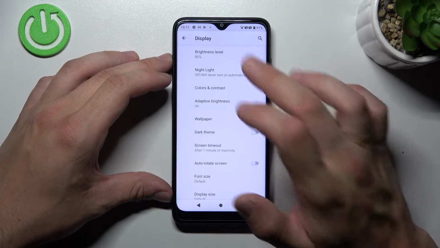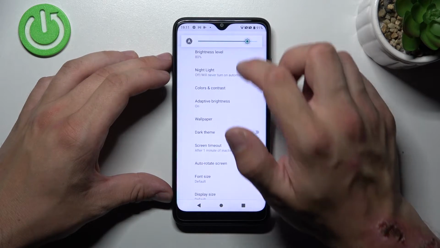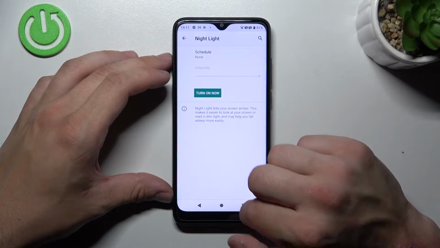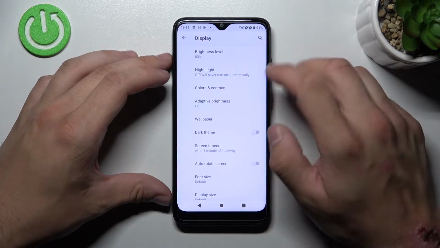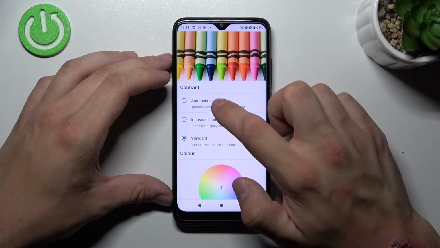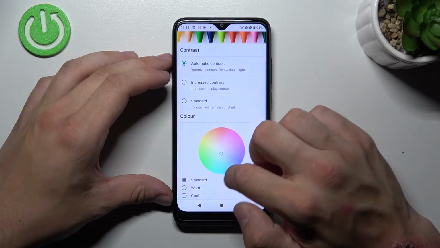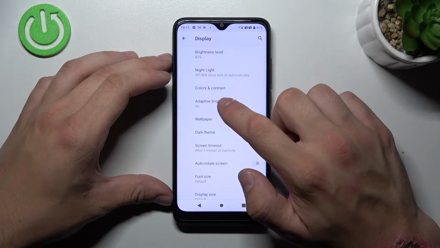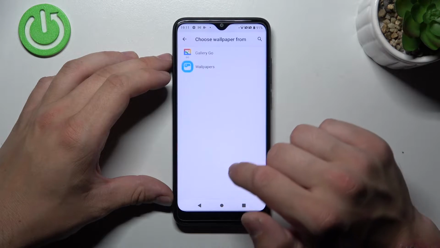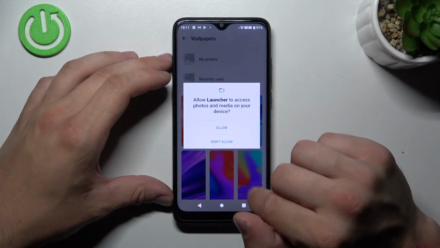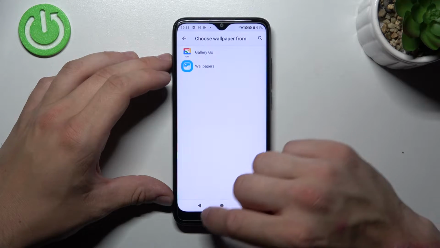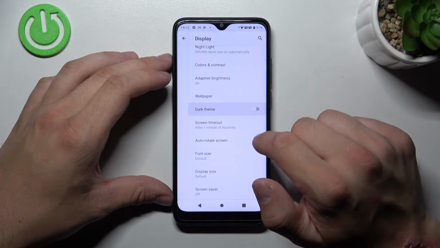Let's start with the top of the list, where you can change brightness level of the display manually, enable or disable night light and change its intensity, adjust color and contrast of the screen, enable or disable adaptive brightness, change wallpaper, turn dark theme on or off,